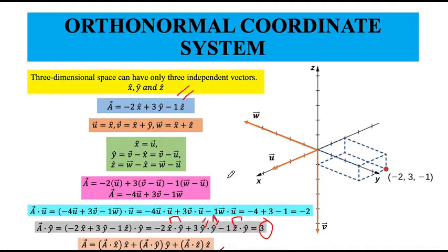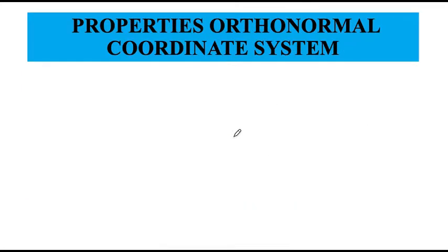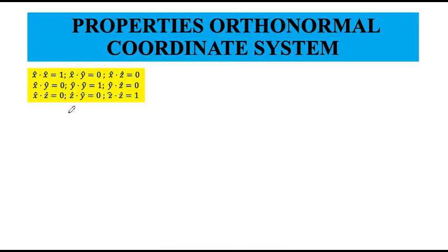So this is true for a coordinate system like the Cartesian system. It is not true in a bad coordinate system like this one, where I used u, v and w. It's a major difference, and it is so major that nobody uses a non-orthogonal system if they can avoid it. So what are the properties of an orthogonal system? We know that for the Cartesian system, x dot x is equal to 1 and x with a different one like y is equal to 0. So this is a general property of an orthogonal system.